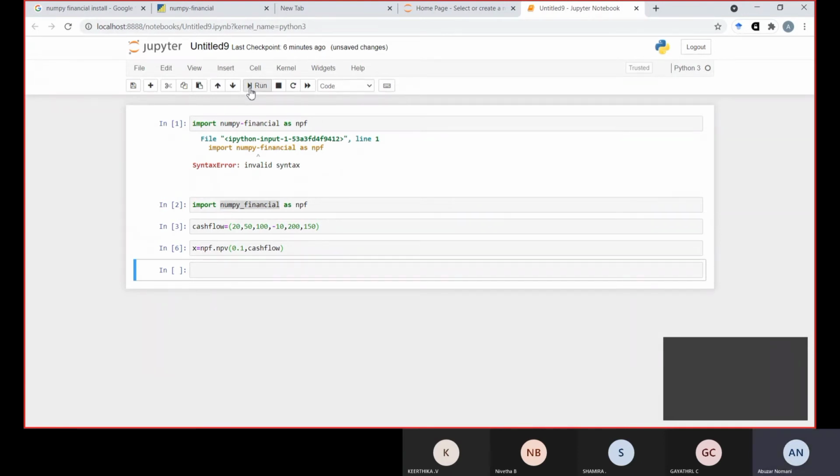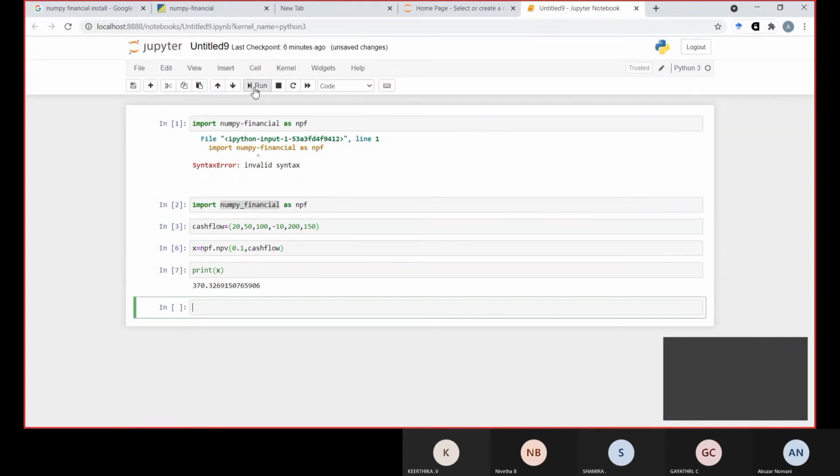Okay, so here what we have to find, print 370.32. So if these kinds of cash flows, we are having 20, 50, 100, -10, and we need to find out the present value of these cash flows.